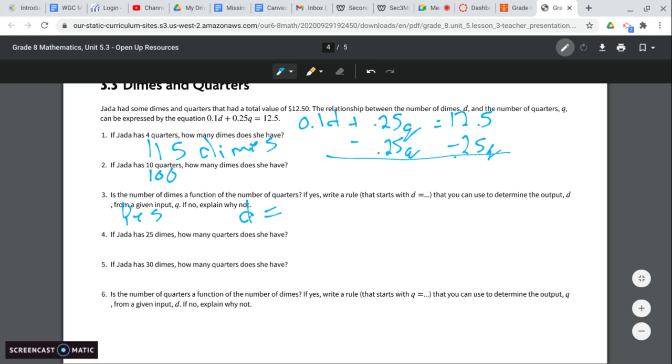Now, in doing that, we aren't actually subtracting it. We're just going to write 0.1 D equals 12.5 minus 0.25 Q. Now, we want to divide by the 0.1. So we end up with D equals,